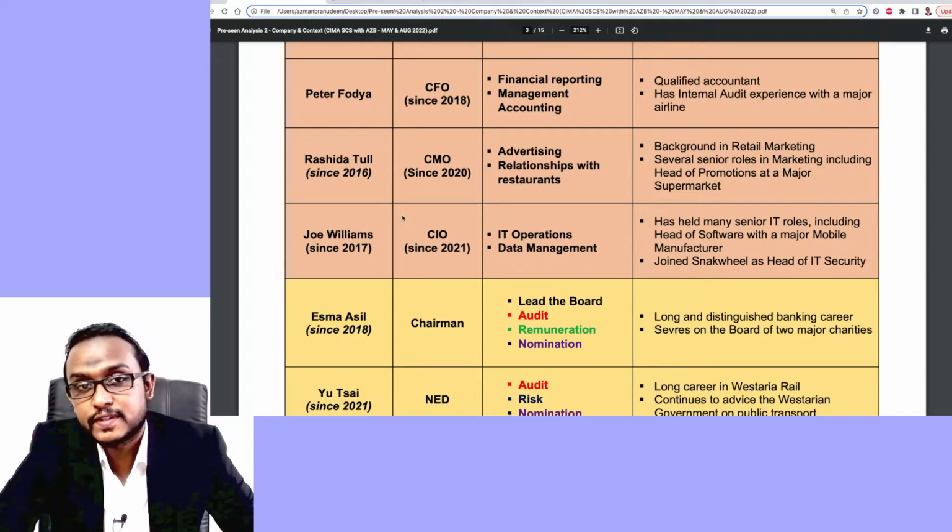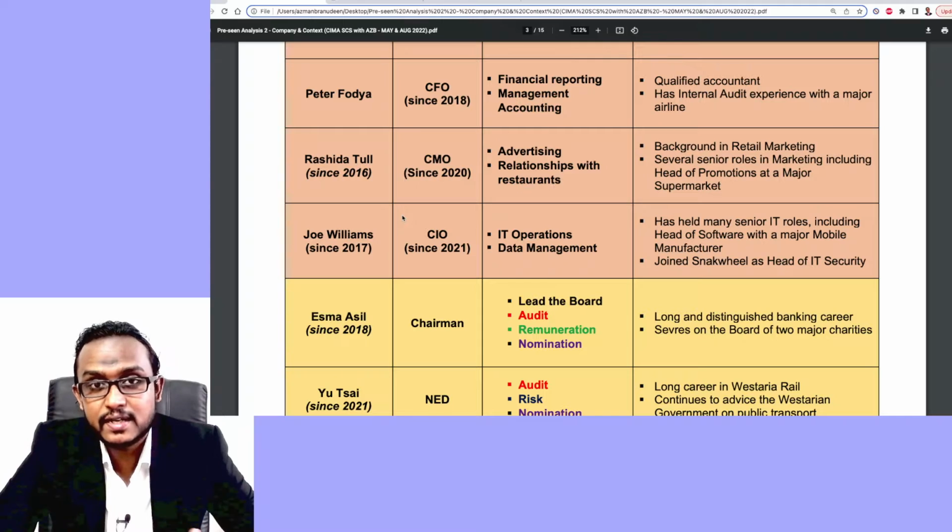And relationships with restaurants as well, because they are the fundamental stakeholder. If the food is bad, then your app is not going to do well. So you have to maintain a very strong, a very amicable relationship with your restaurants. Rashida has background in retail marketing and several senior roles in marketing, including head of promotions at a major supermarket. That brings me to Joe Williams, the final executive team member, the CIO,